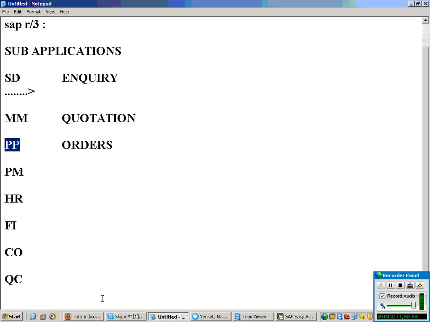After the production plan, the production department will calculate something called a bill of materials.